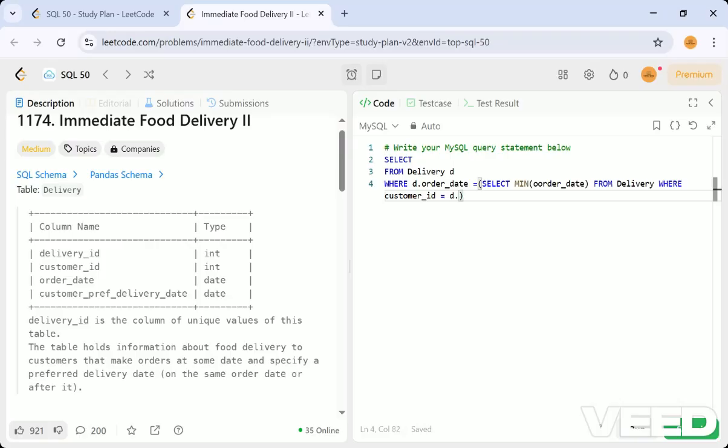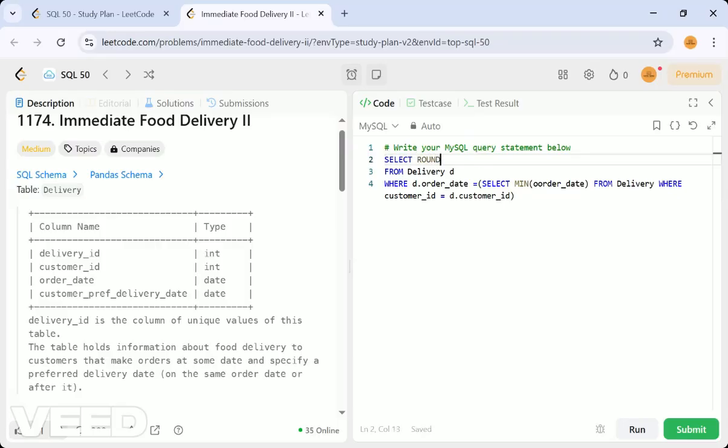We have to group that by customer, or you can check like this, or you can just group by the customer ID, that also you can do. So these two will work. I'm just having this because I have given an aliasing name, it is better to check whether it would be the same customer or not. That is, we are grouping with the customer like that.